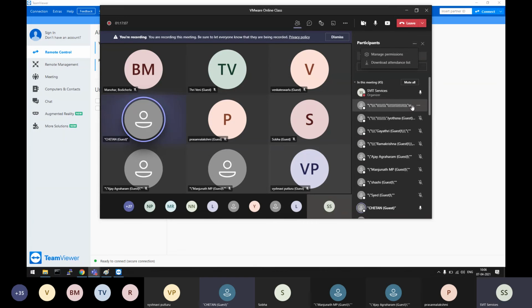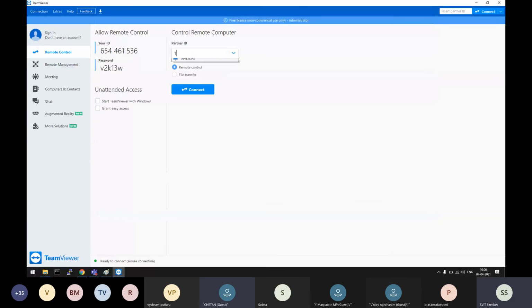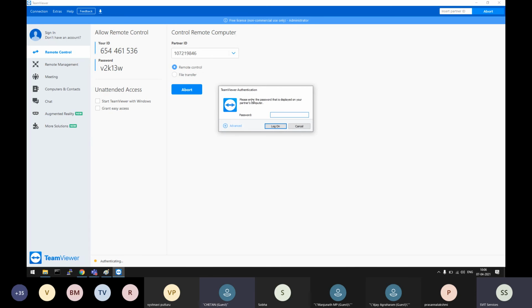Chetan? Yes. 107, okay. 219, okay. 846. Password: 9 small letter DB G 33 YW.